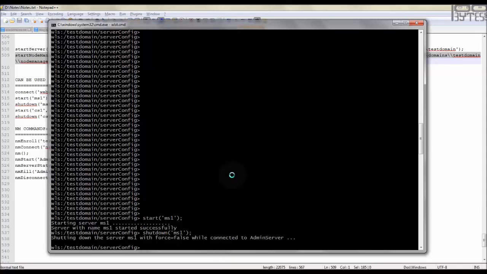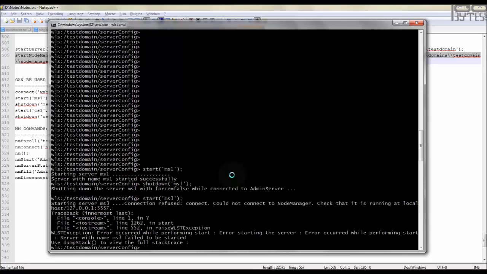Okay. Now let me try to start the managed server 3. So I have connected to the admin server. My node manager is running. I'm starting the managed server 3. Now you see that it is running in localhost 1227 actually. But for managed server 1, it has given a different one, because